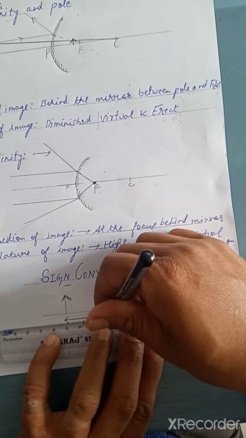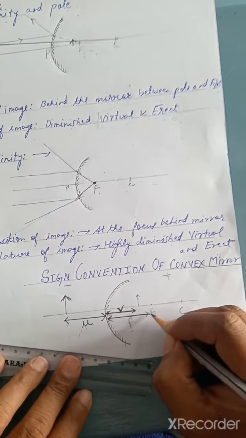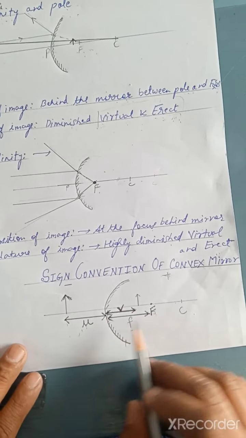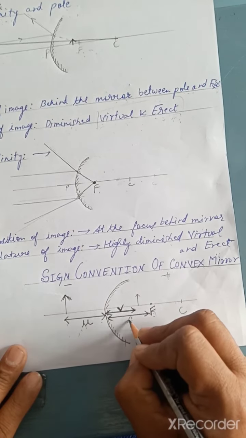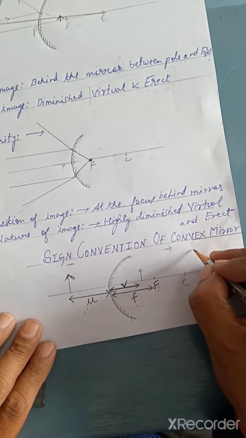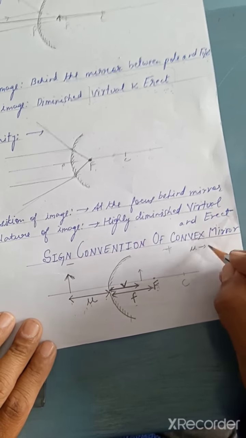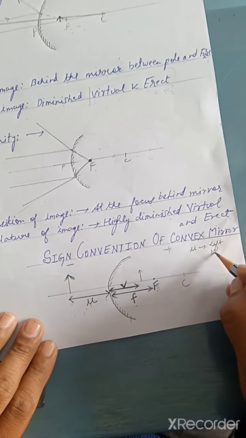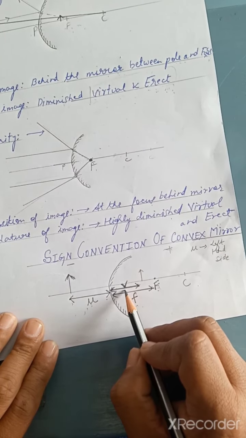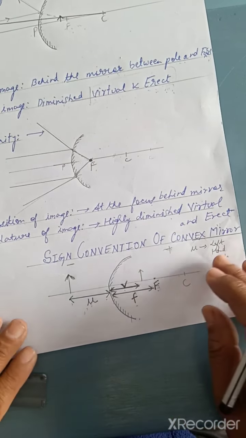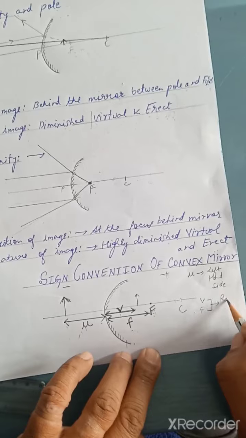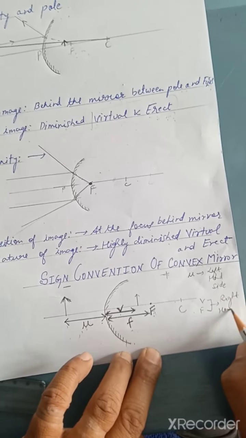Okay, and if you draw the distance here, the gap between this F, this is the focus point, the distance of the focus from the mirror is called the focal length. So in this case, u is towards the left hand side, and v and f, what is the v here? Image distance. What is the f here? It is the focus. So v and f, they are on the right hand side.